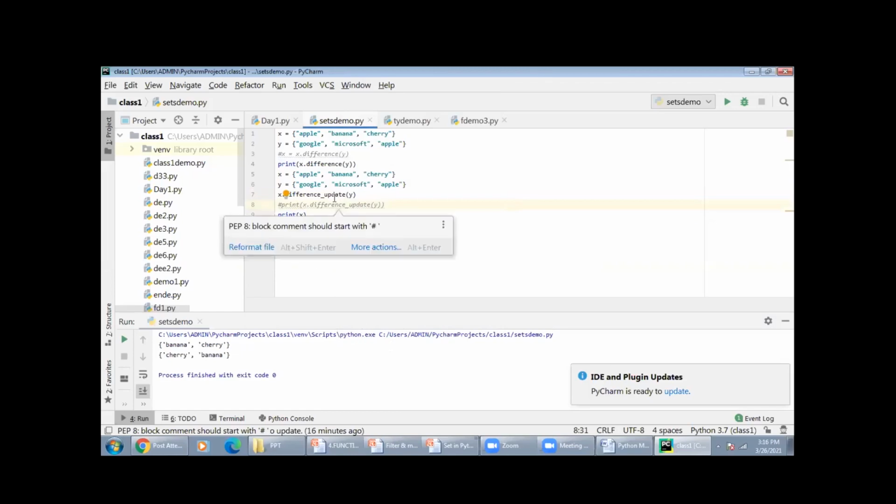Here again, when you talk about difference update, the changes it made are within the same set. So why doesn't this work within your print statement? So now you are clear with all those things, but your only doubt is